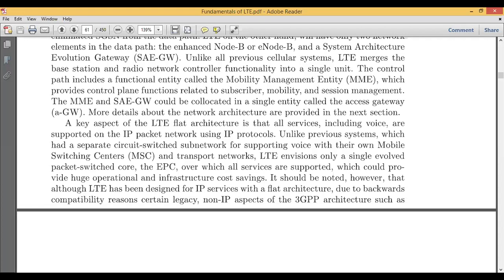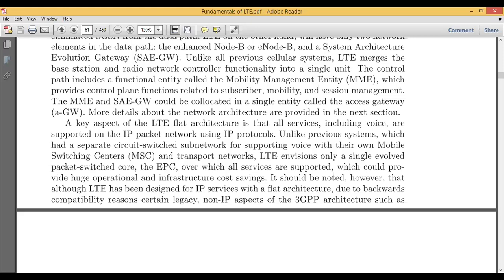But nowadays, even though you are on a call, you can still use the internet facility. You can still have a chat on WhatsApp, right? You can still use internet activity. So because of this internet IP architecture, this LTE system is supporting a huge number of services which are being provided by this architecture. This is the main difference. This is the main categorization of how this has actually been done.